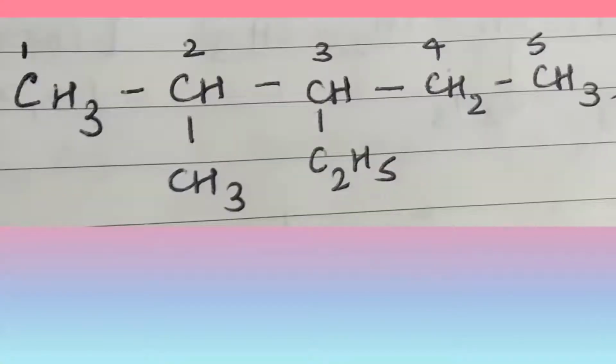So as you see, this is how we do it. Because if we go from right to left, the methyl and ethyl groups get the numbers 3 and 4, and the sum is 7. While in the other case, the sum is 5. Since 5 is less than 7, we decide to give the locant positions from left to right.